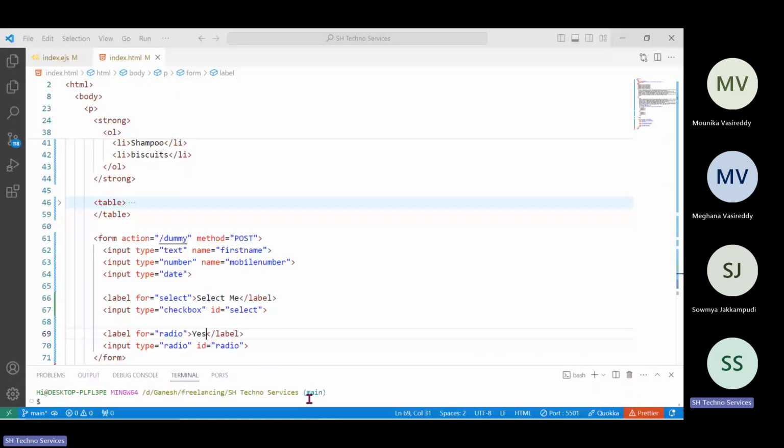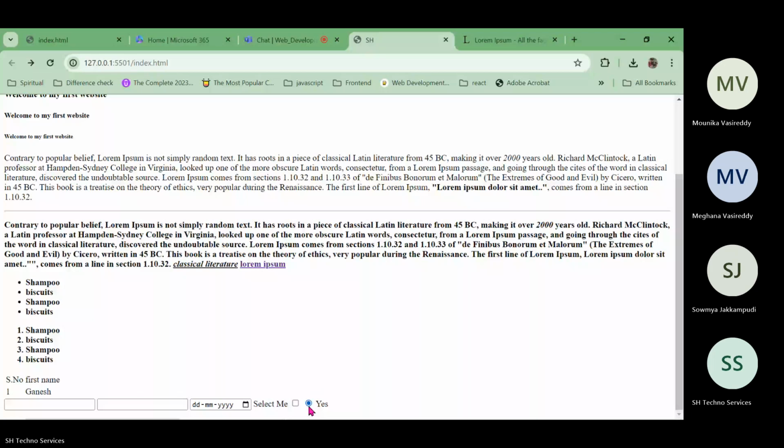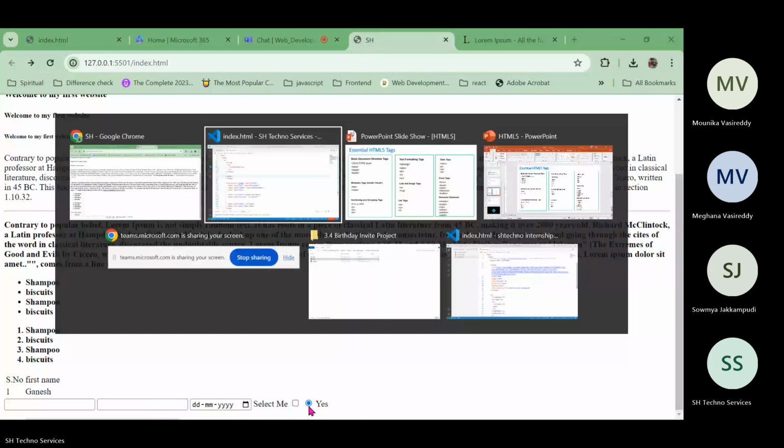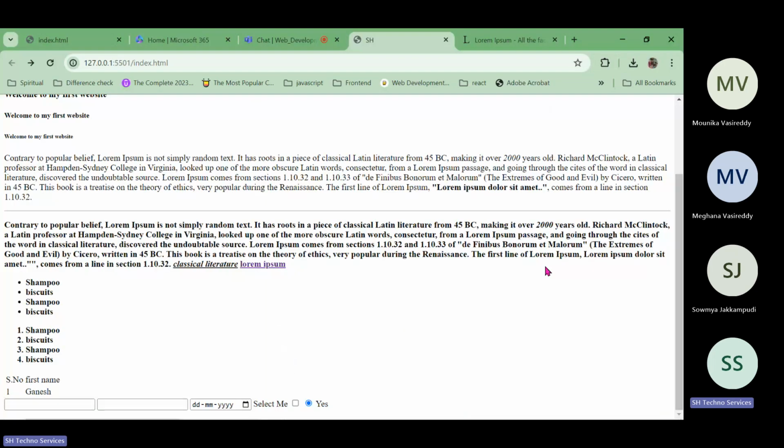It is always better to keep the label tag just below this one. I think we have covered everything. Yeah, text area. Text area is like